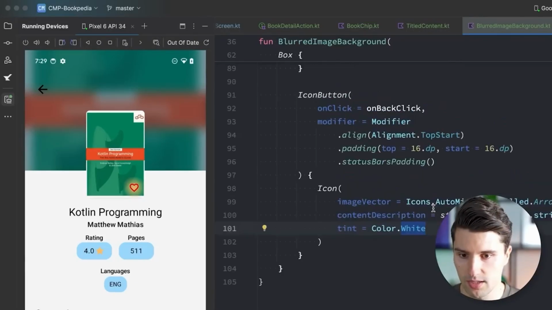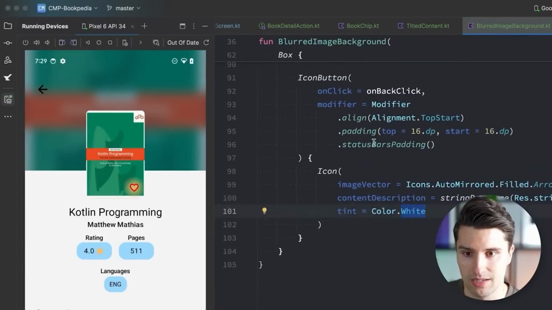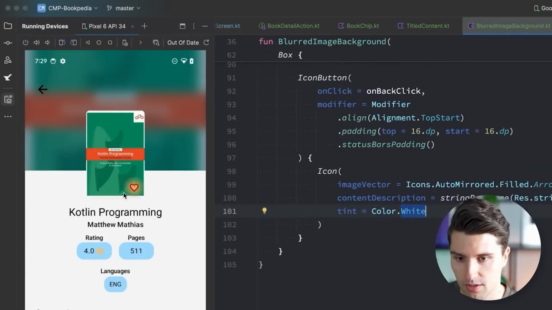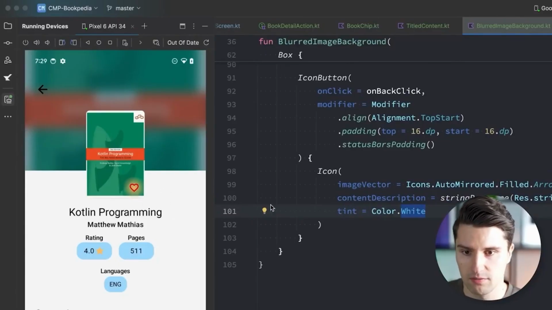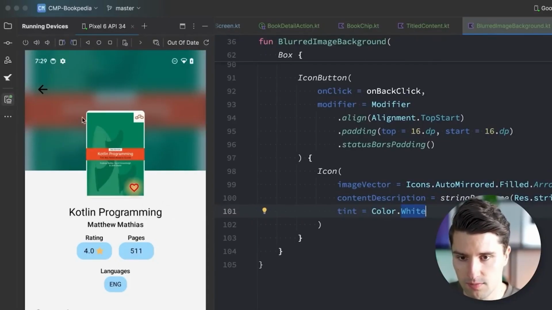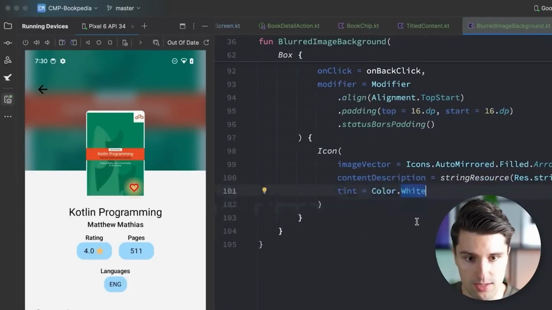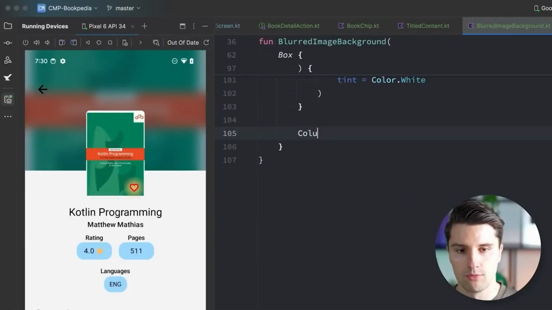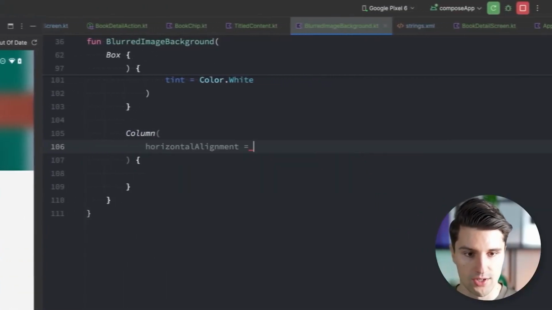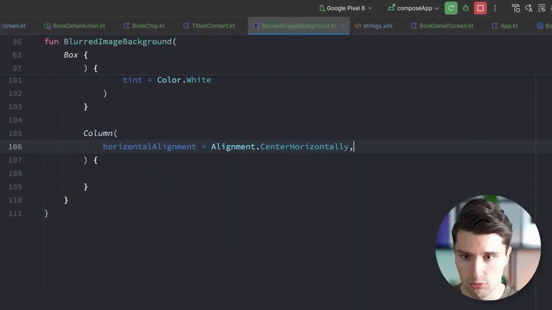All right. What comes next and last for this blurred image background is of course the actual book cover together with this icon button for marking it as a favorite. Of course, this book cover now needs to be offset a little bit here in this outer box. And we will achieve this by putting this in a column together with an invisible spacer that gets exactly half the height of this 30% blurred image section. So after this icon button, we'll add a column that will have a horizontal alignment modifier of Alignment.CenterHorizontally. So the book cover is